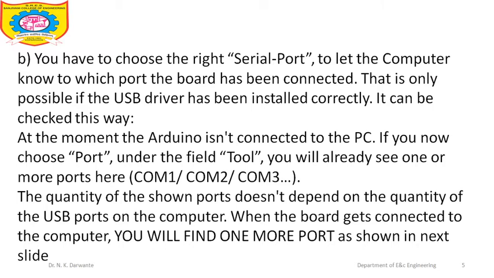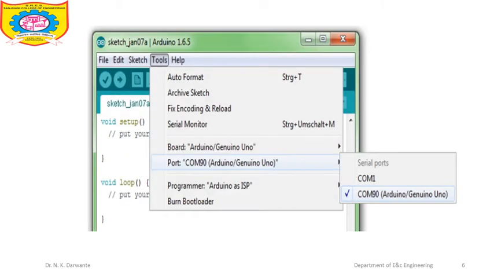Below the Tools menu you will see the Port menu, and in the Port menu different types of ports are listed. The port will not be activated until you connect your Arduino USB to your laptop or PC. Once you have connected it, the port will be activated and you can see the port which is selected.